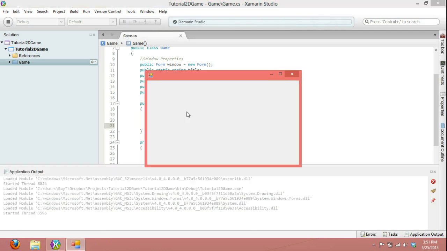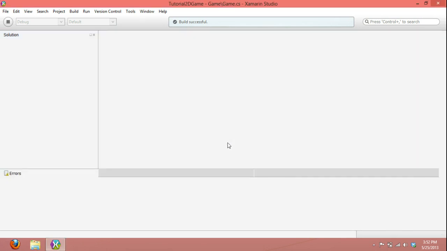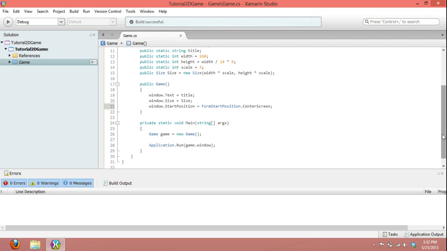Now I'm pausing the video because as I'm recording, it's slowing down my computer, and it takes the program a long time to start. So that's why there are more or less cuts in between the video. So I'll stop the game by closing, and the next thing we're gonna do is